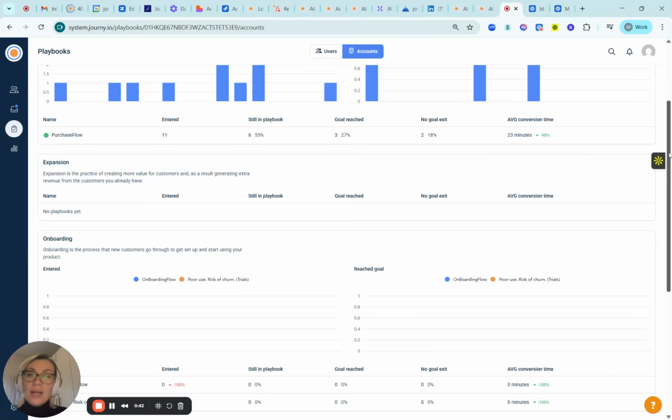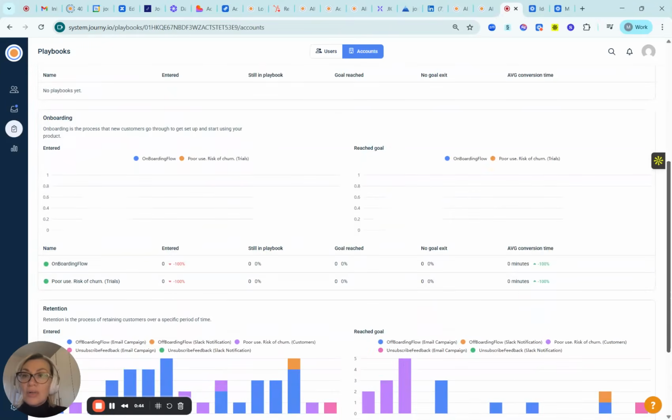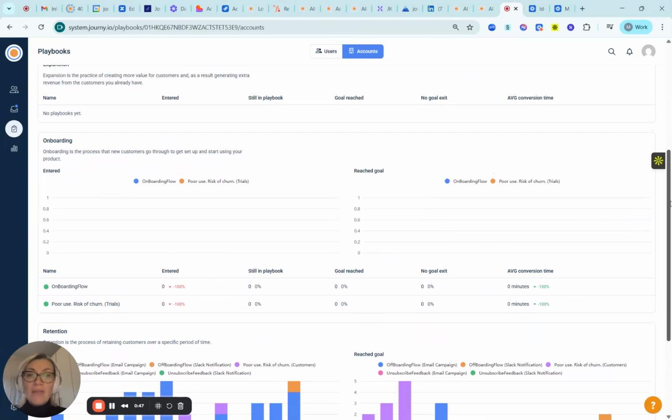on repeat. Now, an example of a playbook that we have, for example, is poor usage in the onboarding stage. They're not activating, they're not onboarding correctly. So once we have set up what it means to be onboarded, let's say there's a top 3 actions that they need to complete to be considered in good shape when they're onboarding. And if that's not happening, we can add them to a playbook that will run in automation and will influence